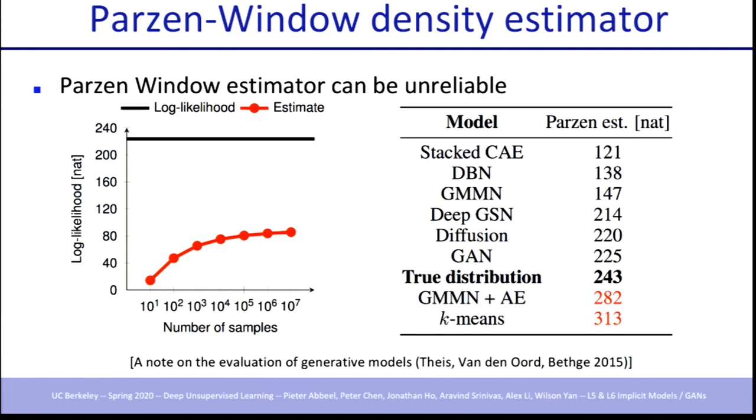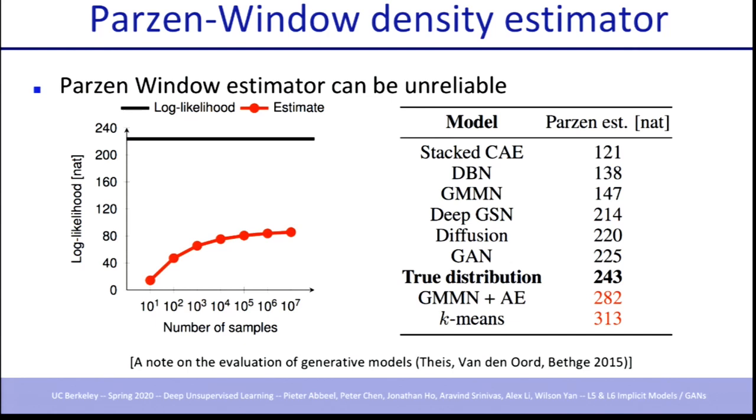Here's another reason why it might not be the best metric. On the horizontal axis here is number of samples on logarithmic scale. And this is, I believe, for 6 by 6 patches. So not even that high dimensional images. And it's all 6 by 6 patches. And you then have a generator, and you generate samples from it, and you see what the log likelihood is of your test data as a function of how many samples you put into your sampler to build your kernel density estimator.